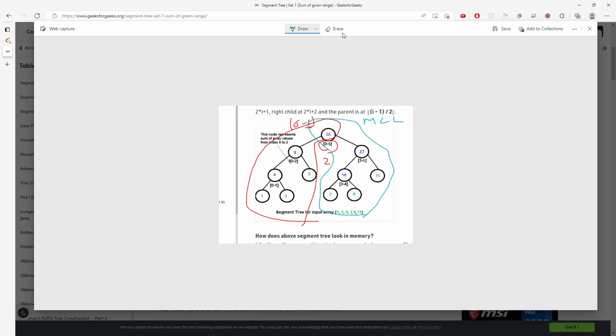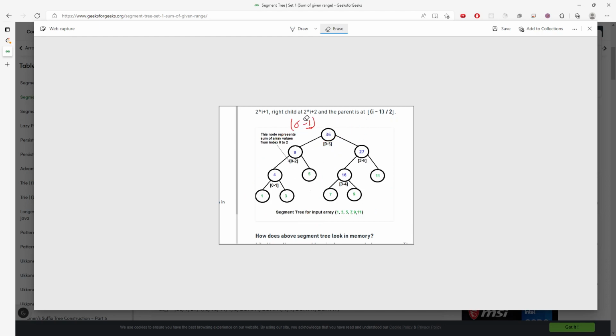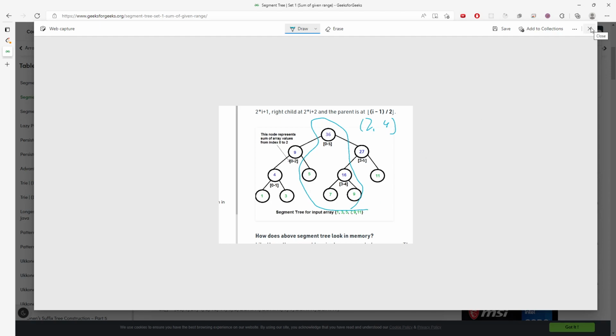And this is easy. But what if you want to find out the range between 2, 4, right? This is hard. So you want to know what is the range between here. And again, you only need to grab 2 and then 3, 4 in each side of the tree, right? So for the 2 on the left side, for the 3 and 4 index on the right side only, right? So